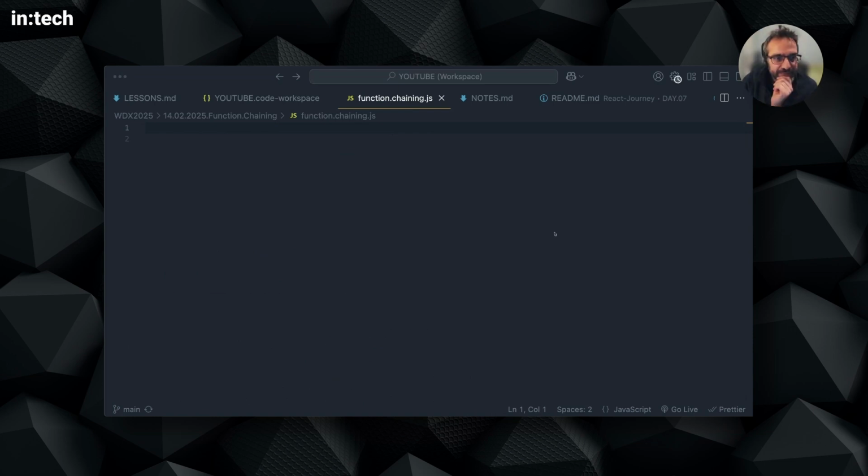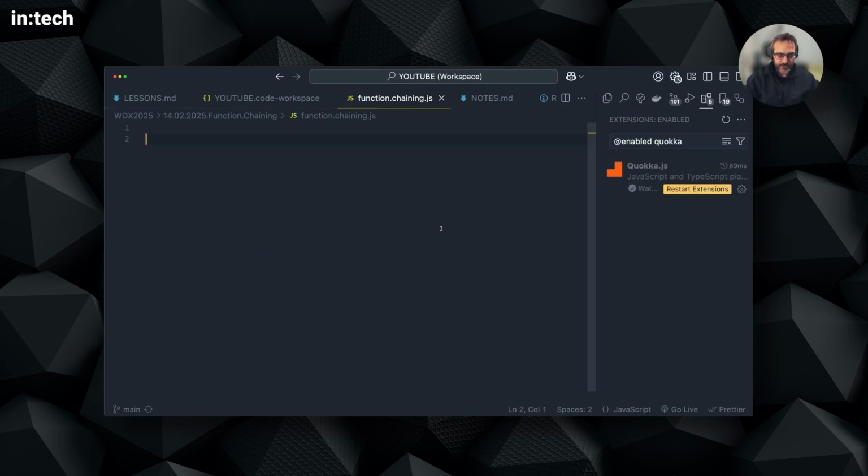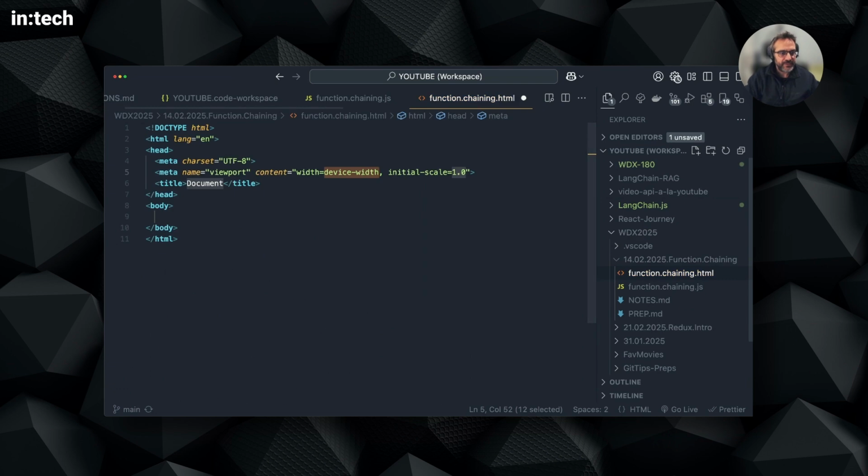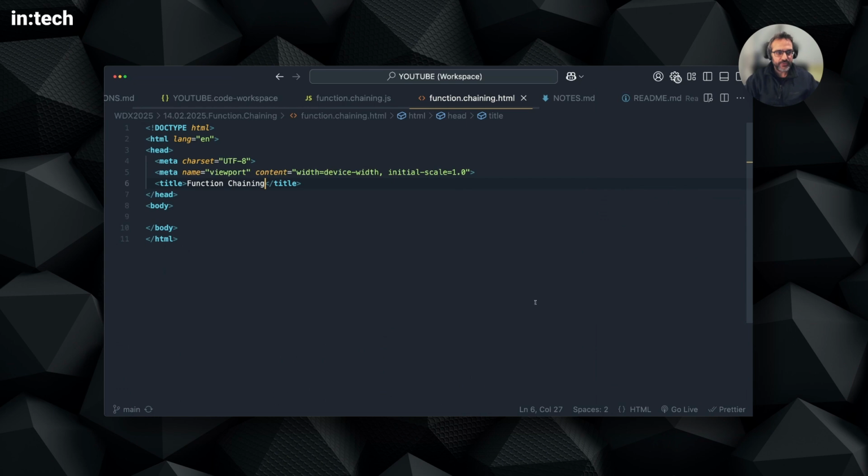Now I think I will need to create an HTML file for this one. So let me create a file called function chaining HTML. Chaining, and I'm going to use a popular library called jQuery. Try to recreate these chainable functions. So I will open this up with a live server,